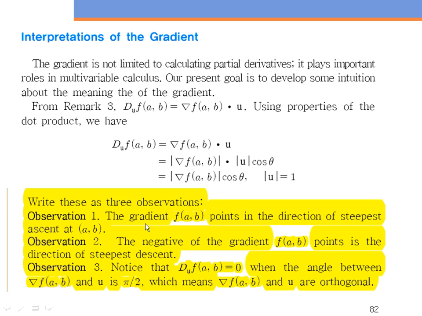The first one is the gradient f of a, b points in the direction of the gradient of the function at the point a, b in the direction